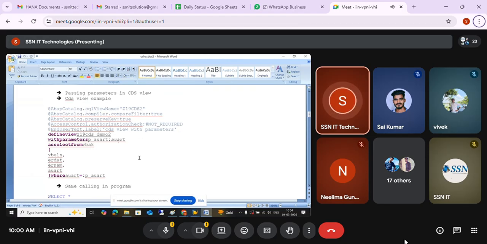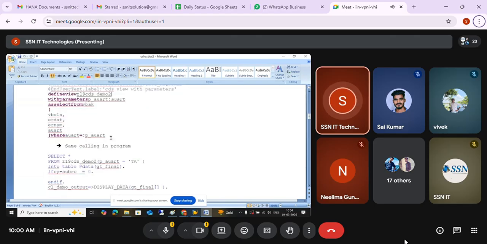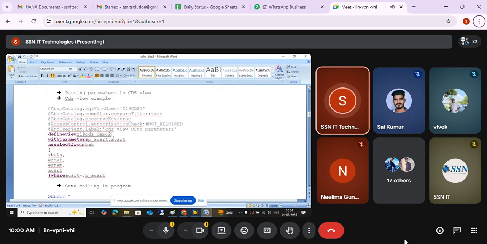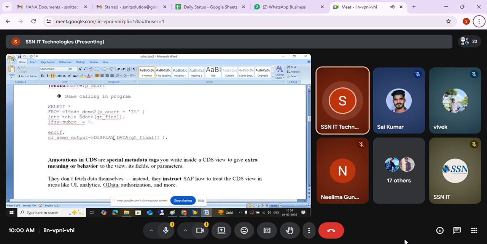So whenever you create a CDS view, it's going to create two views. One is the CDS view, which is going to trigger at the database level, and another is the SQL view, which is going to be created in the SE11 transaction. But this is of no use. We can only see it in SE11. What we are going to use mostly, in our programs also, is the defined view, and that is the one that triggers at the database level to fetch the data. So this is what we learned in the last class.